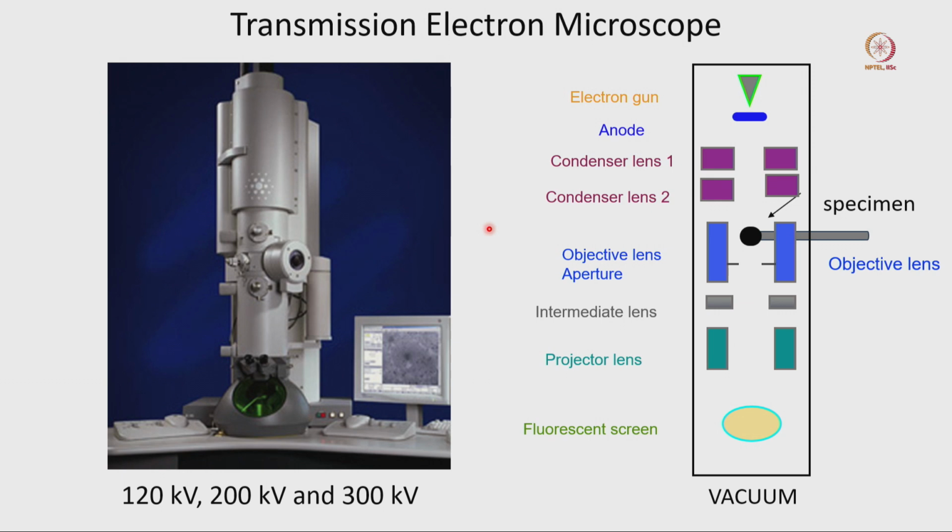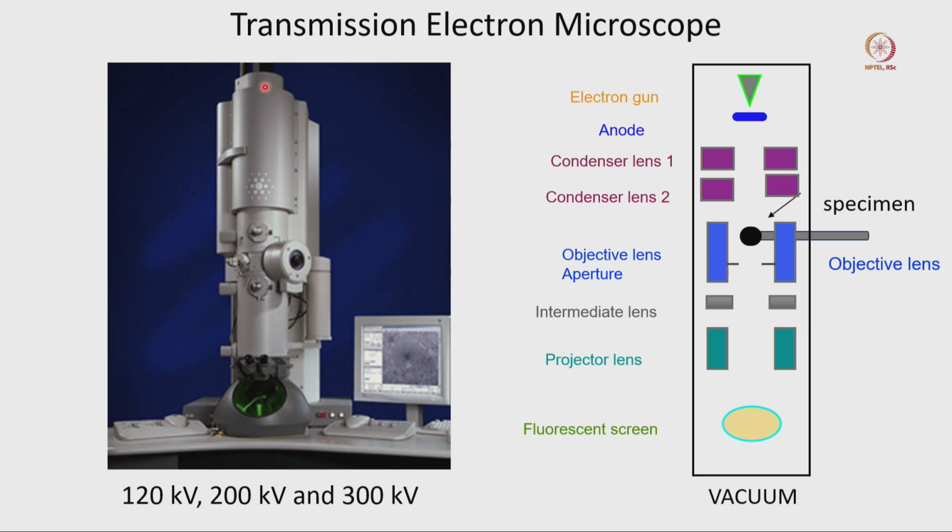What about the transmission electron microscope? We already discussed that. Most of the time it will be 120 kV or 200 kV or 300 kV, where kV means kilovolt. Now, this is the structure of the transmission electron microscope. Generally it is 7 to 8 feet long, so it is not a very small tabletop equipment. It itself has a table. Here you can see a table where there are multiple control panels. So, generally electron microscope sizes are very big.